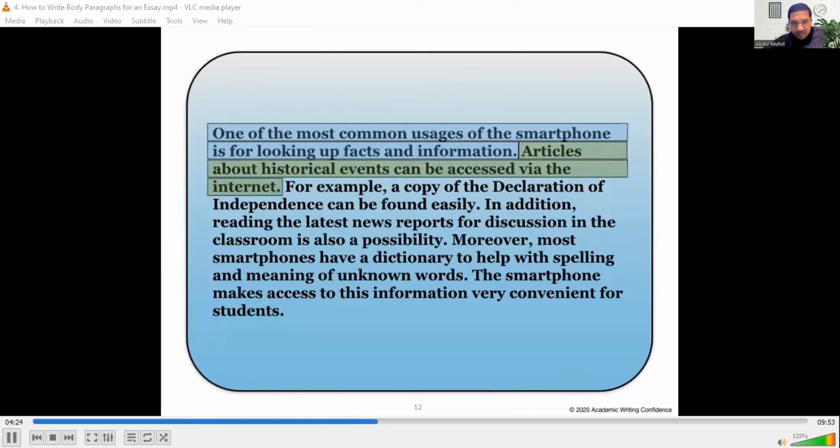"Articles about historical events can be accessed via the internet." And then the next sentence gives an example. "A copy of the Declaration of Independence can be found easily." And then we add our next idea by writing the words, "In addition, reading the latest news reports for discussion in the classroom is also a